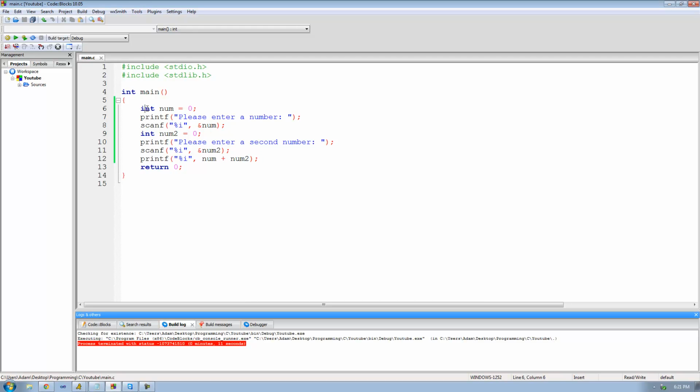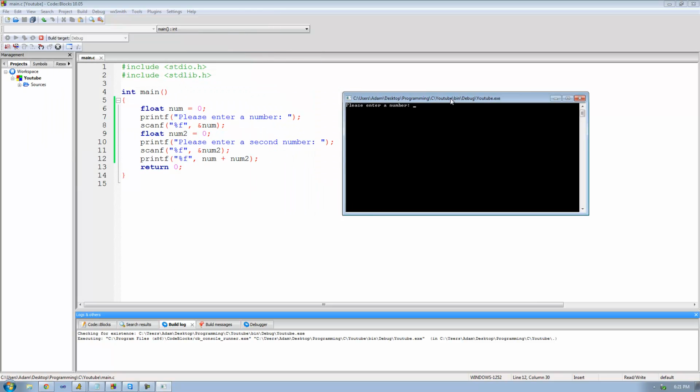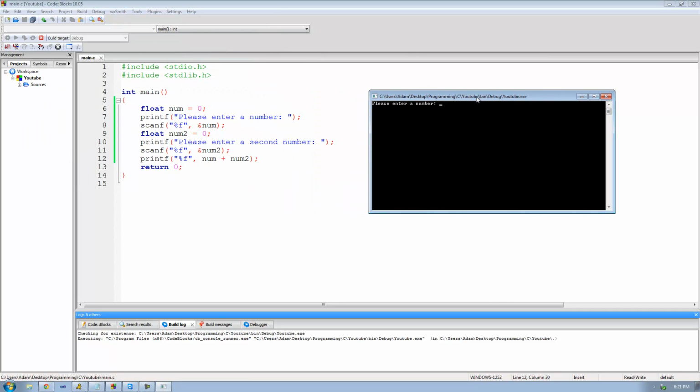Alright, now let's go ahead and try to read floats from the console. So let's go ahead and change this type to float, change this type to float, and we need to change this from an I to an F, since we are printing and reading floats. So let's just go ahead and run this again, and now we should be able to enter numbers that have decimal points in them. So let's go ahead and try and add 9.3 to 7.2. Perfect, we got